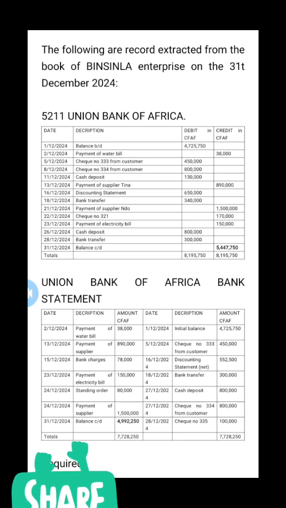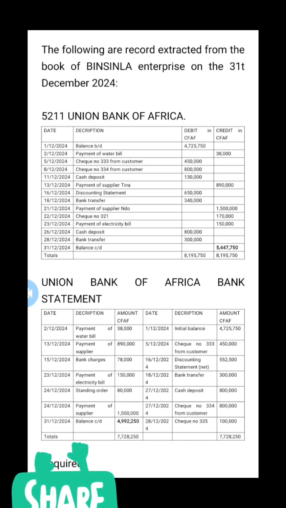The question is, the following are records extracted from the books of Vincila Enterprise on the 31st December 2024. So the first account that we have is the bank account, which is the account kept by the enterprise, and we have the Union Bank of Africa bank statement. That's the account kept by the bank. So you will see that the transactions took place in the month of December. So you see the various